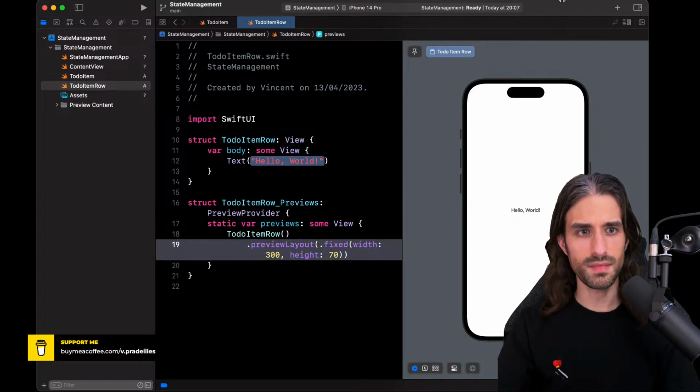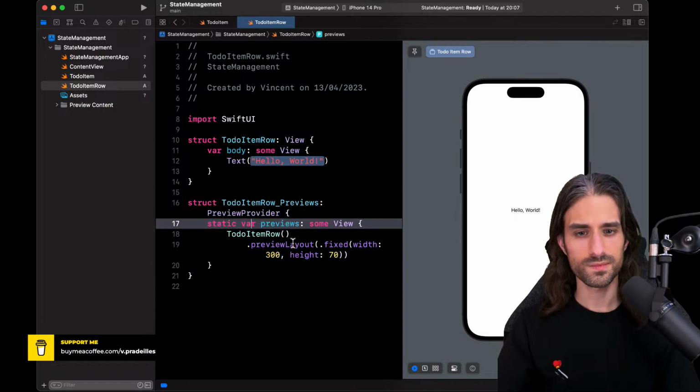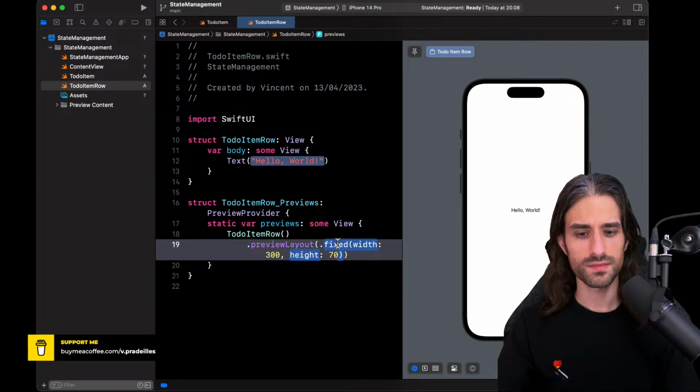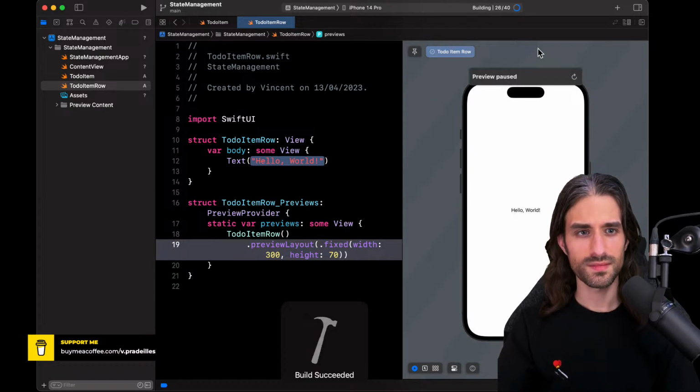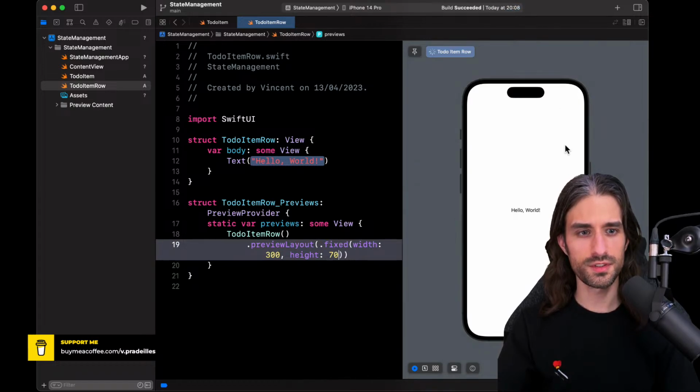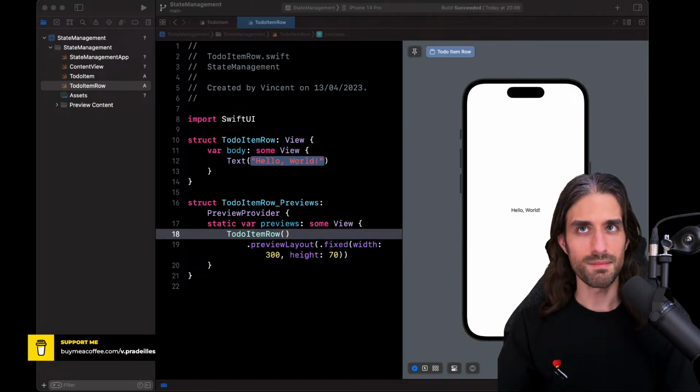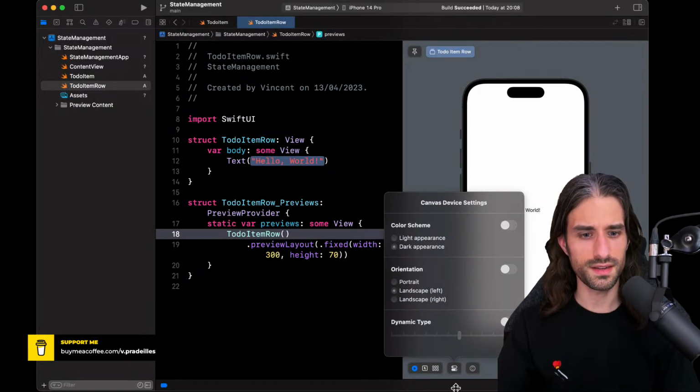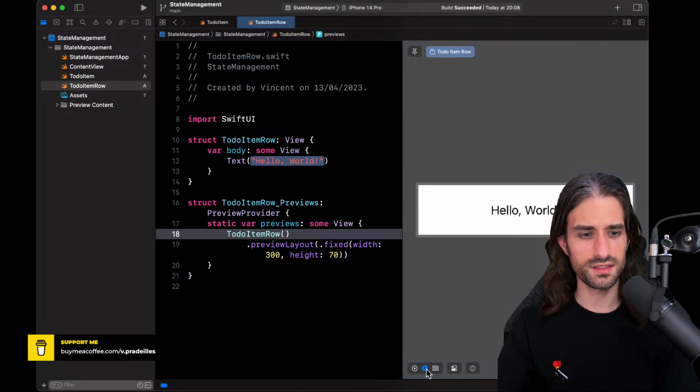Let's see, did my preview update or not? Okay, the preview was paused. So normally, my preview is supposed to look different, and it doesn't for some reason, maybe because there have been some changes.